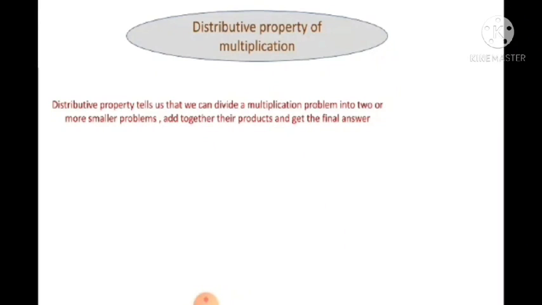Distributive property of multiplication. The distributive property tells us that we can divide a multiplication problem into two or more smaller problems, add together their products, and get the final answer. For example,